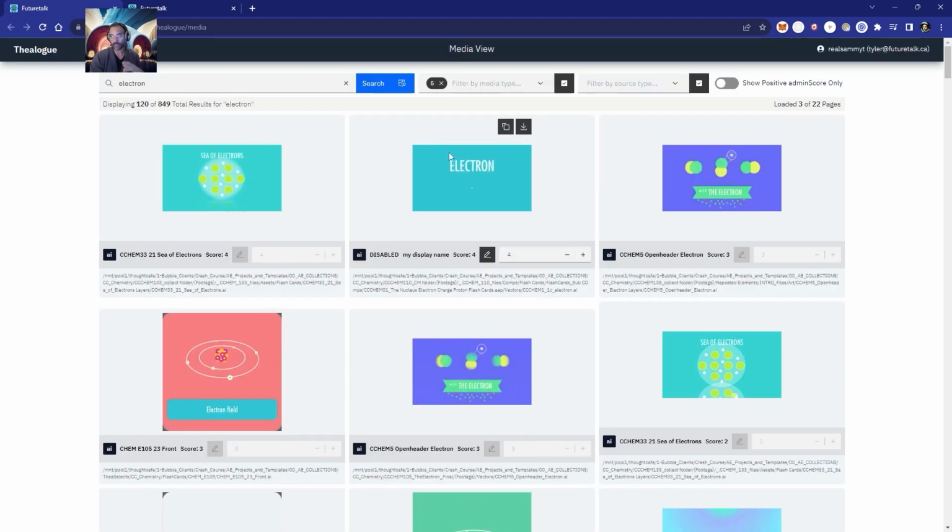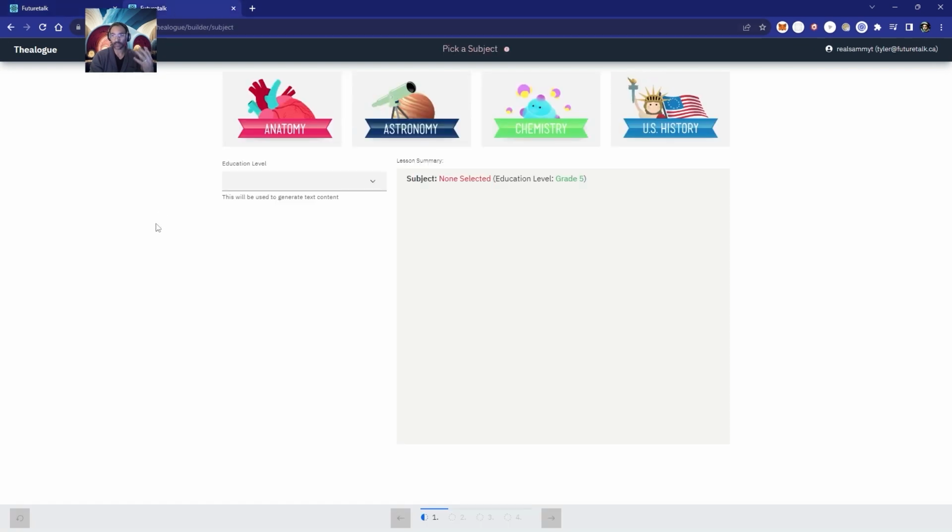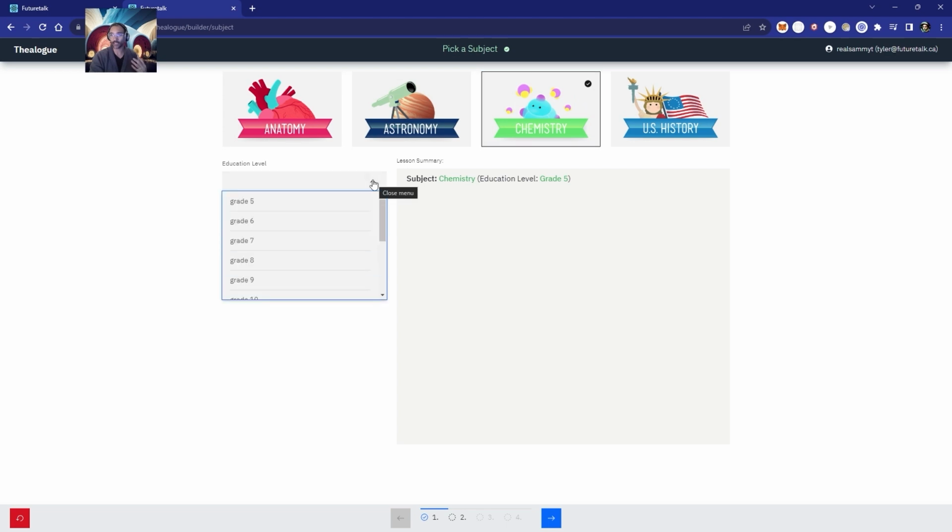This is really powerful in and of its own, but really it's all about making it easy for people to take that content and develop it into new forms. So I'll take you through the amazing wizard that we've built to help do that. So say I want to create a class today about chemistry. I can choose a grade level, and what the grade level is going to do is it's going to take